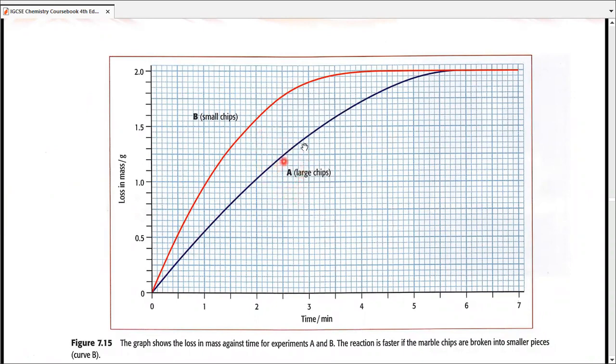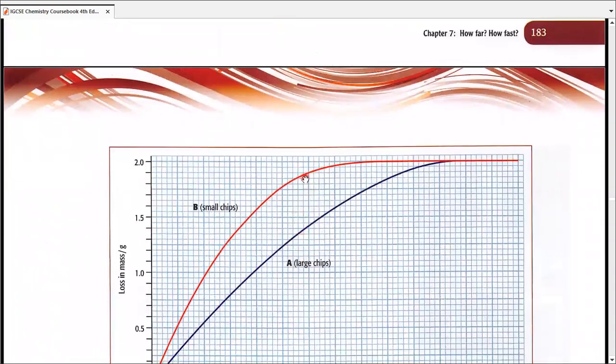Now, before I make any changes to this graph and further study this graph, I'm going to write a few points. Now, in this case, what happens is that the particle size, the surface area,